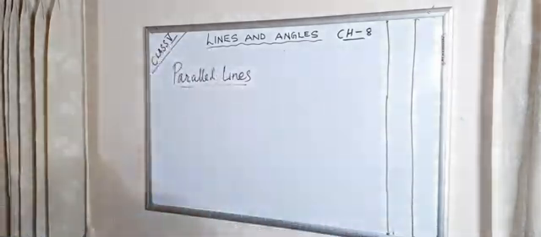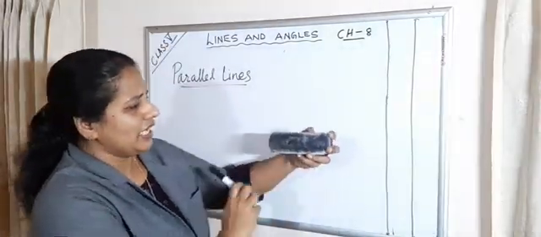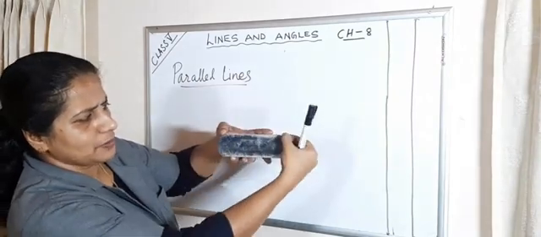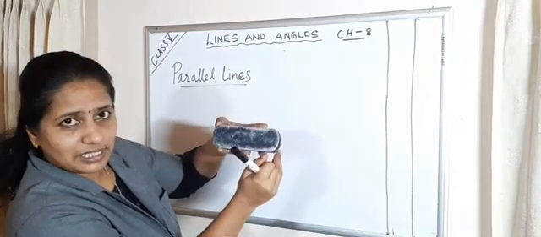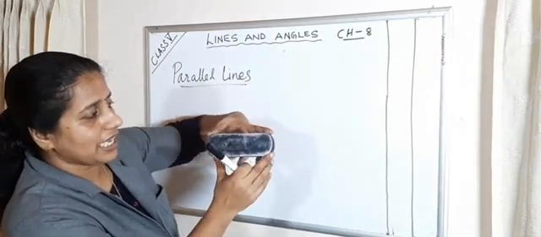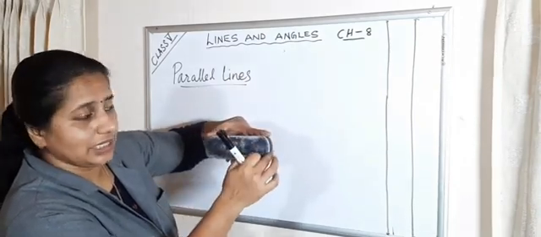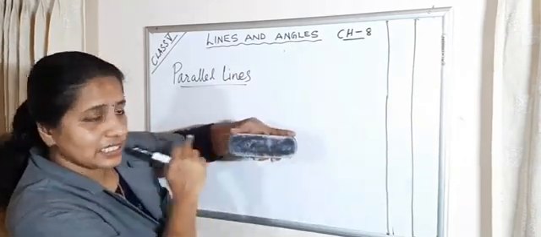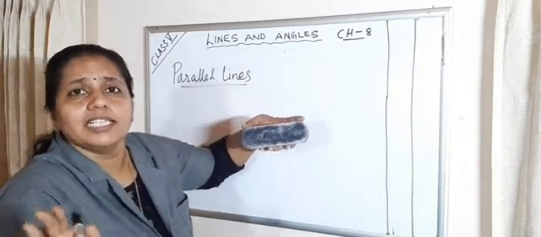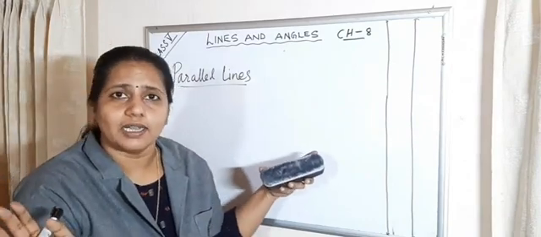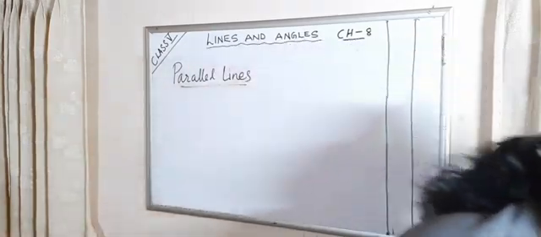Then you can watch it. Yes, it is parallel. Okay, when I am taking this point and this point, and this one and this one, this is a line segment and this is another line segment. And when I extend this indefinitely in a straight way, not a curved way, then we can say they will never meet, and these lines are called parallel lines.